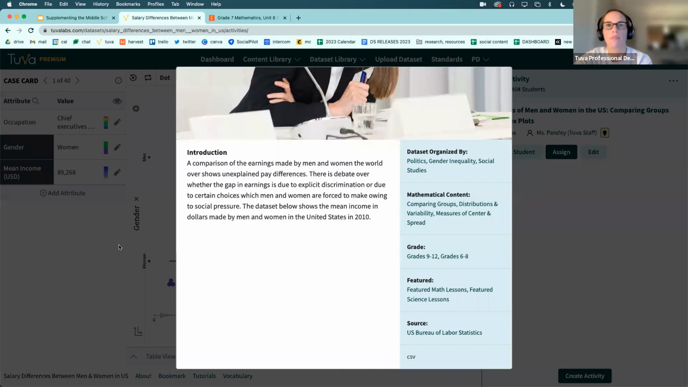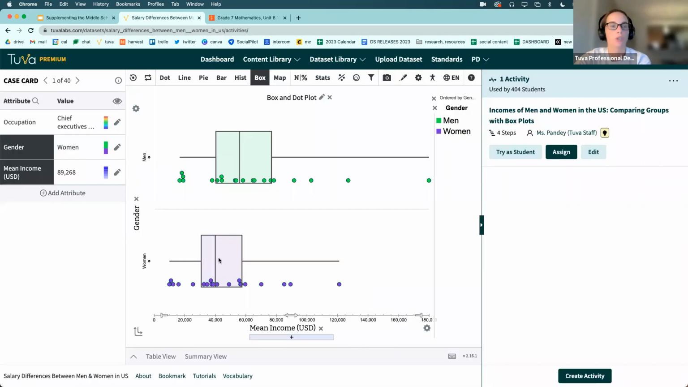2000, or the US BLS in 2010. So, real world